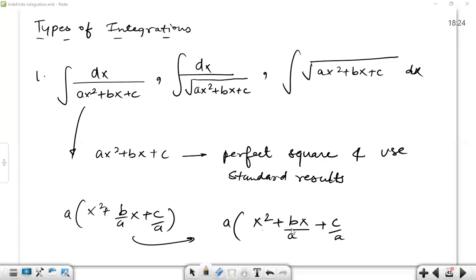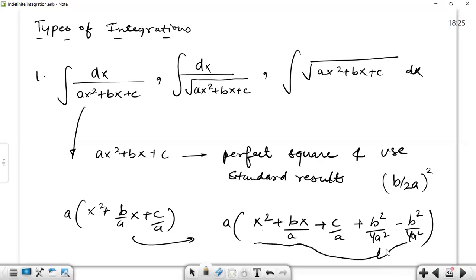Okay. So what we will do, we will simply see the coefficient of x and we will half it, like b by 2a is the half of the coefficient of x. After halving it, we will square it and we will add it once and subtract it once. Depending on the sign, using these three terms, we'll be able to make an equation of (a plus minus b) square, and we'll write